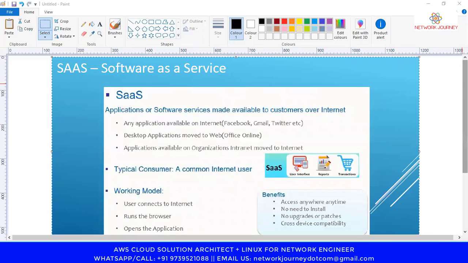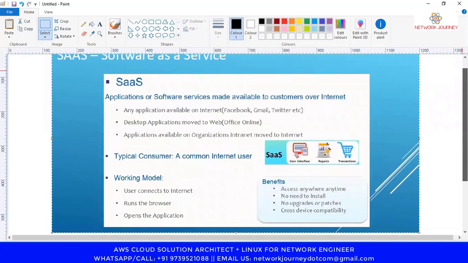So software as a service is nothing but consuming the software directly from the internet. You can open the browser, run the application on the internet itself, and utilize it. No need of installation, no need of upgrade, no need of installation based on the operating system. For example, MS Office based on the operating system, Windows 7, Windows 8, Windows 10, you needed to install it on your local machine. Nowadays, no need of that. The same way SAP CRM and ticketing tools. Many office applications nowadays are online. It is directly available on the internet, like your attendance portal, which you can directly use as